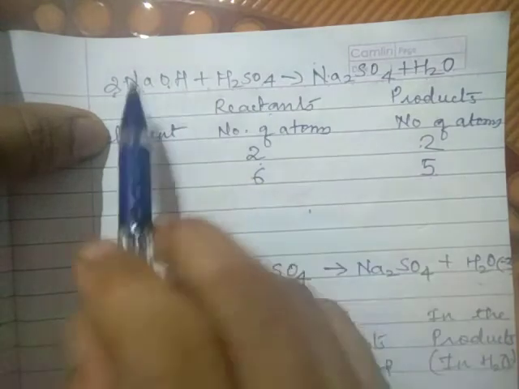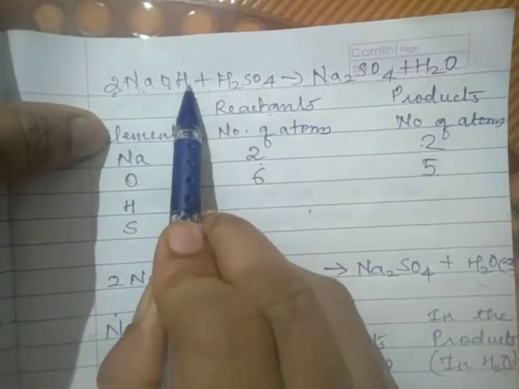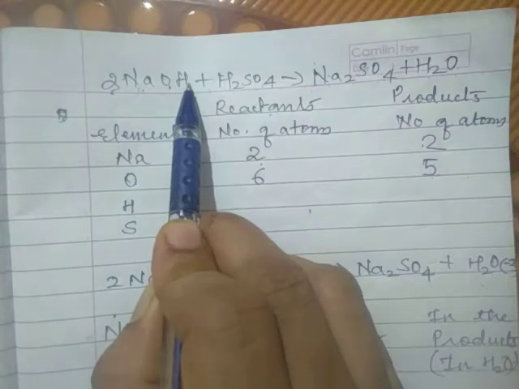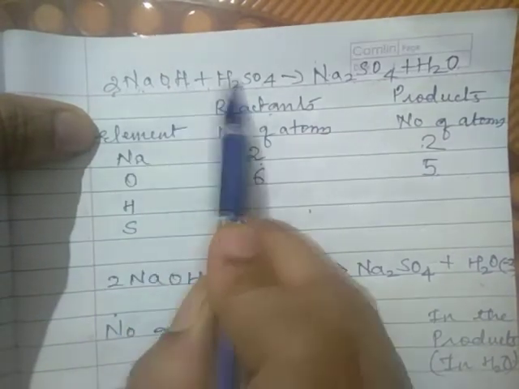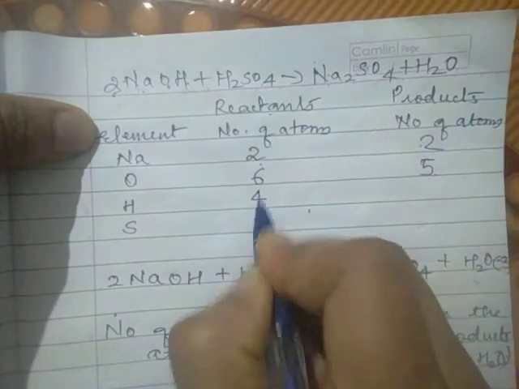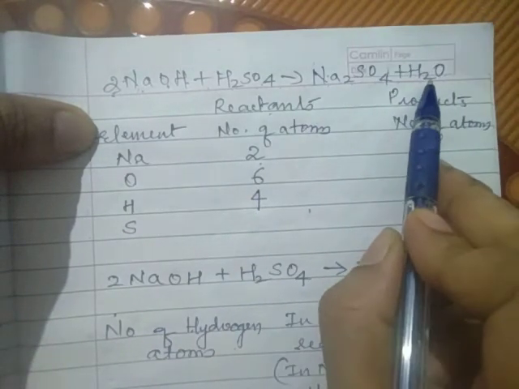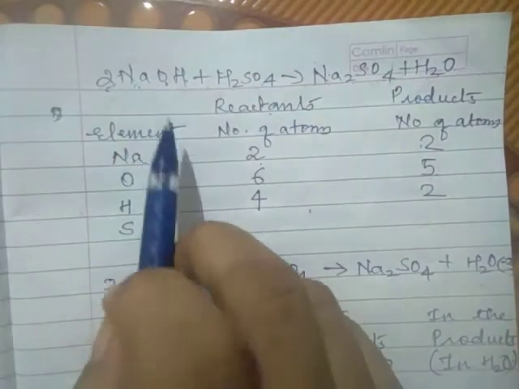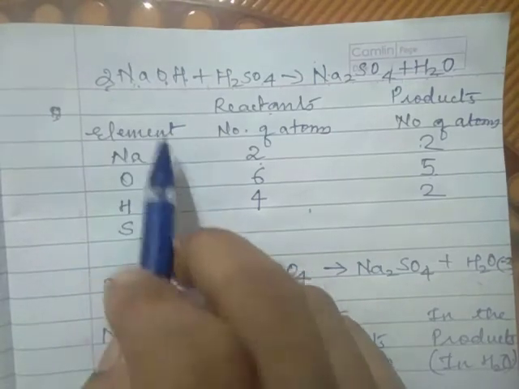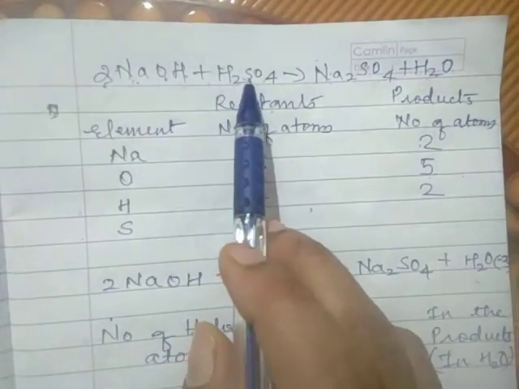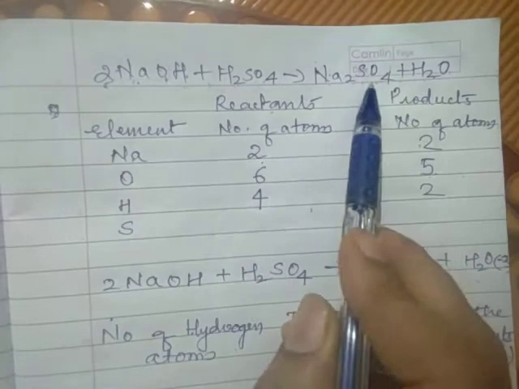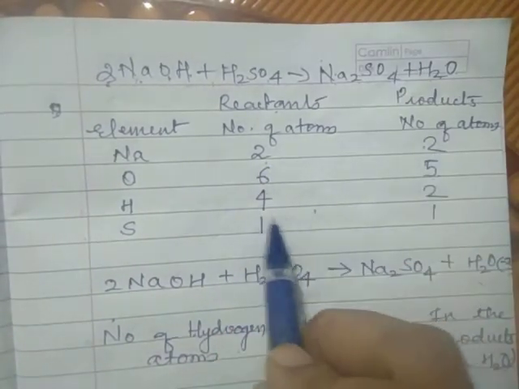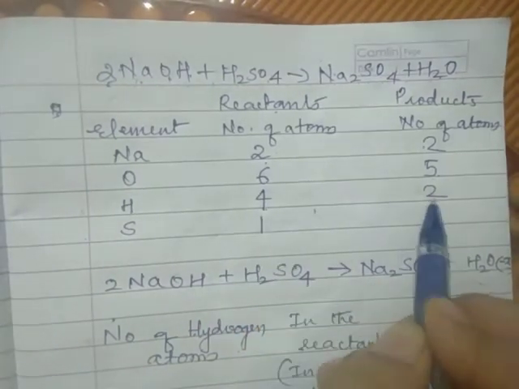Fine. Then let us see now hydrogens, how many are there. Here hydrogen, earlier it was 3 and 2. Now it has become 2 plus 2, 4 now. And in this case hydrogens, how many are there? Only 2 are there. Then next thing, you have to see sulfur now. So sulfur, how many are there? Sulfur is balanced. That is 1 here, 1 here. So sulfur, there is no problem. Now sodium is balanced. Now oxygen and hydrogen are not balanced.